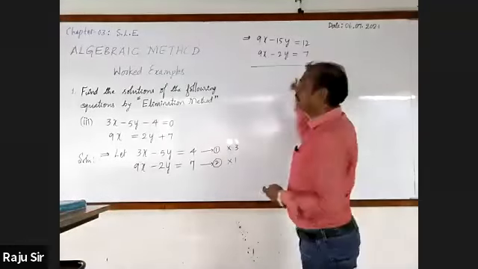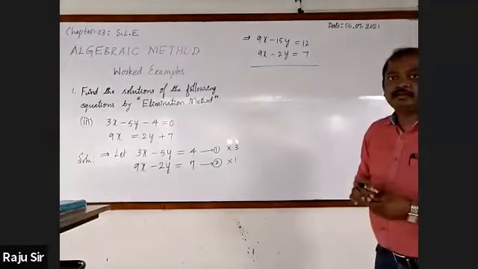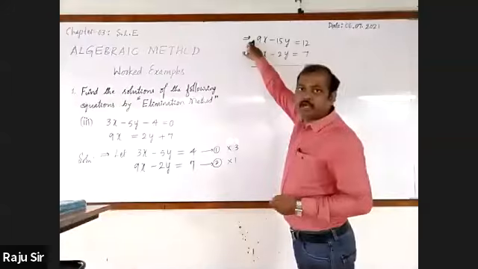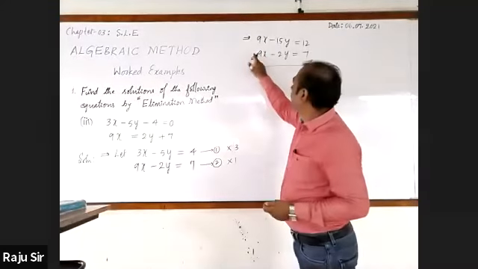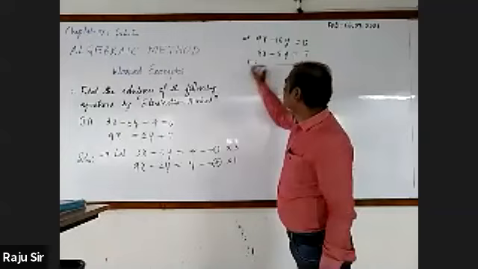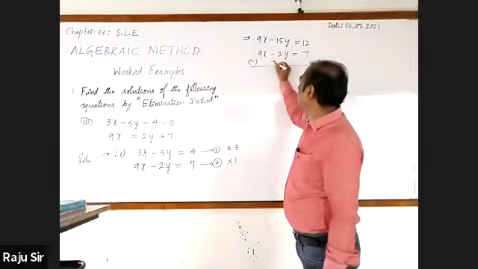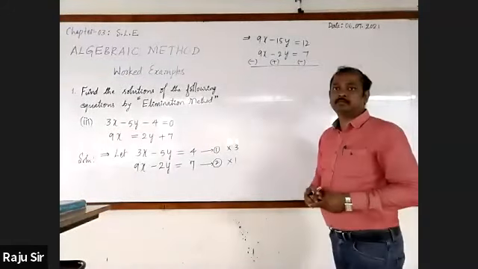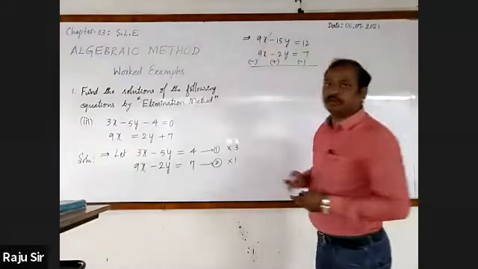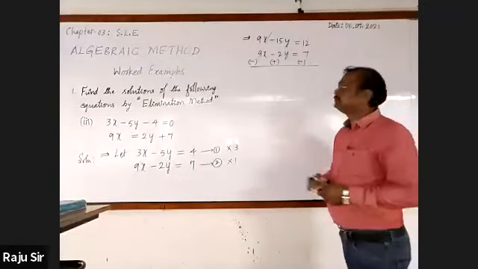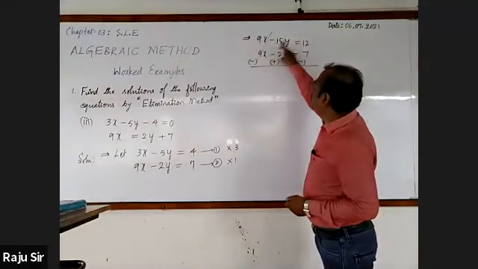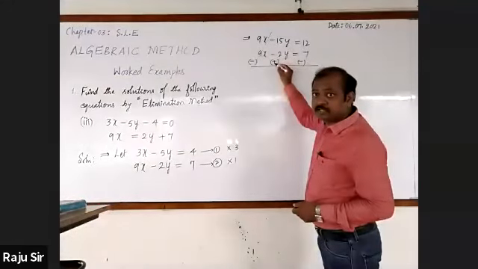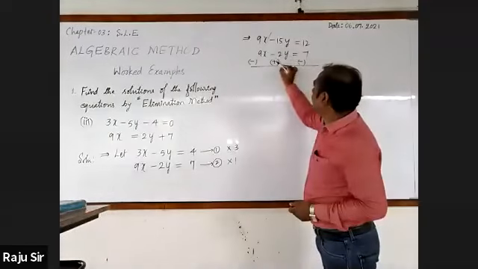Now, will you change the sign? Yes, sir, because here we have plus 9x and plus 9x, so I am changing the sign. This plus 9x becomes minus 9x, minus 2y becomes plus 2y, plus 7 becomes minus 7. Now cancel the first term. Now it is minus 15y. You should consider this sign: minus 15y plus 2y.